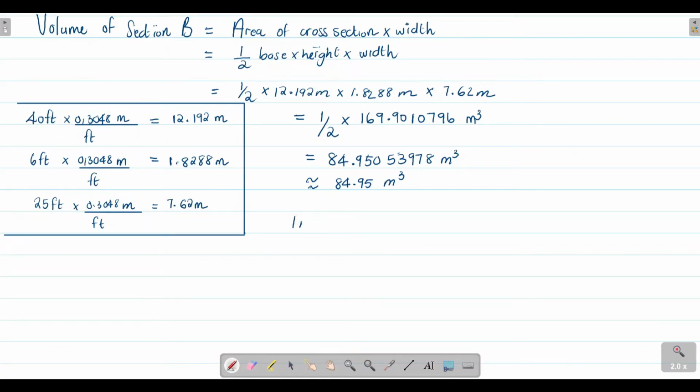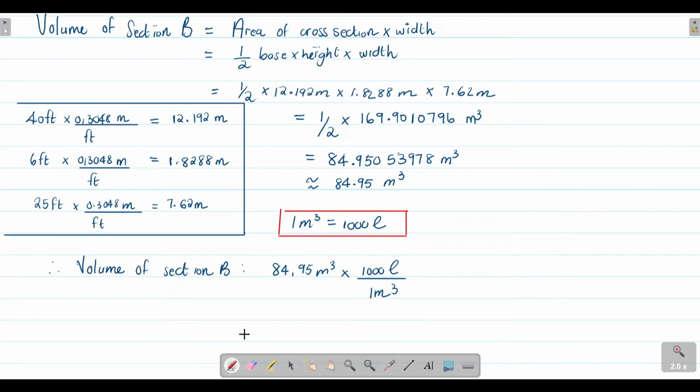Okay, so we already know that 1 meter cubed is equal to 1,000 liters, right? So we're going to use this to convert the meters cubed into liters. Therefore, the volume of section B is 84.95 meters cubed multiplied by what you want, which is your units in liters, divided by what you have, which is your units in meters cubed. If you punch that into your calculator, you will get that the volume of section B in liters is